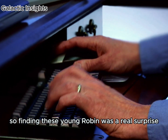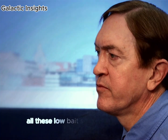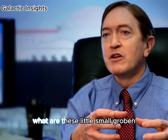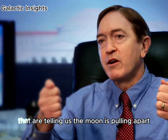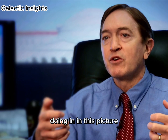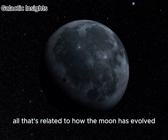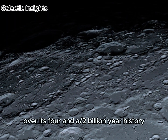So finding these young graben was a real surprise, because we thought, well, all these lobate scarps are telling us the Moon is shrinking. So what are these small graben that are telling us the Moon is pulling apart doing in this picture? How does this all fit together? All that's related to how the Moon has evolved, how the Moon has lost heat over its 4.5 billion year